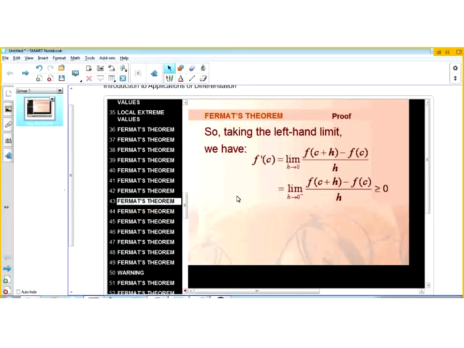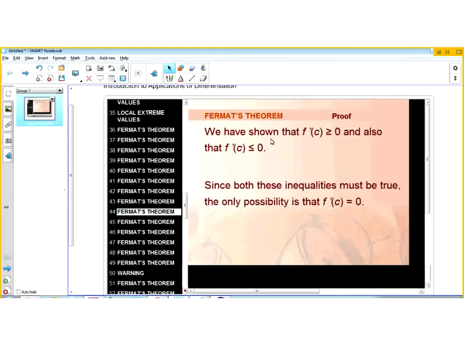So what we've basically just done is approach x equals c as a transition point from an increasing function to a decreasing one. It's the same concept we've been talking about all along. So we've shown that f prime of c is greater than or equal to 0, and also f prime of c is less than or equal to 0. So this would essentially be the squeeze theorem. And since both inequalities must be true,